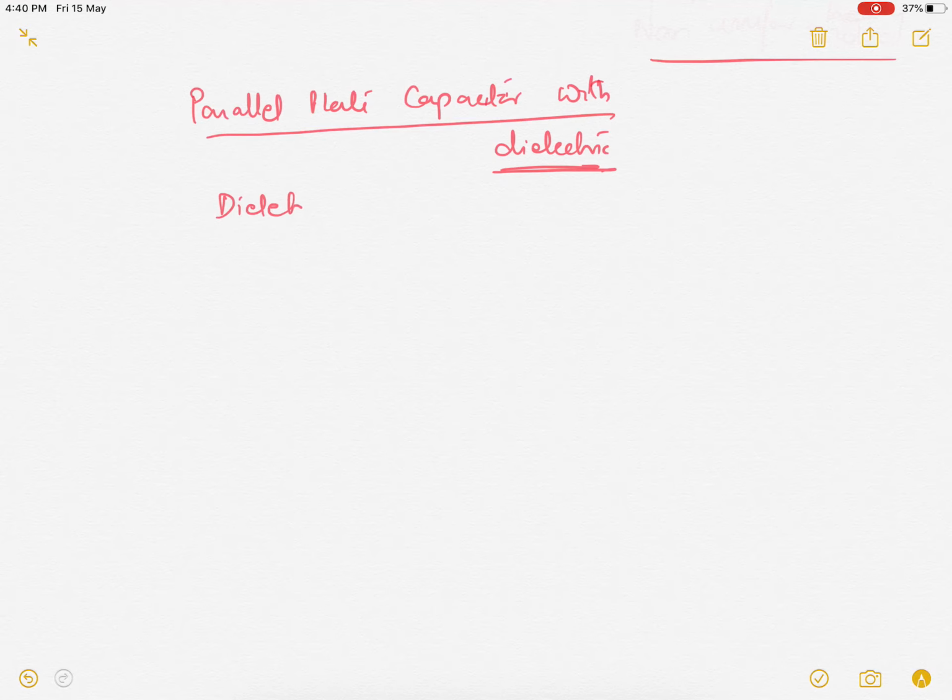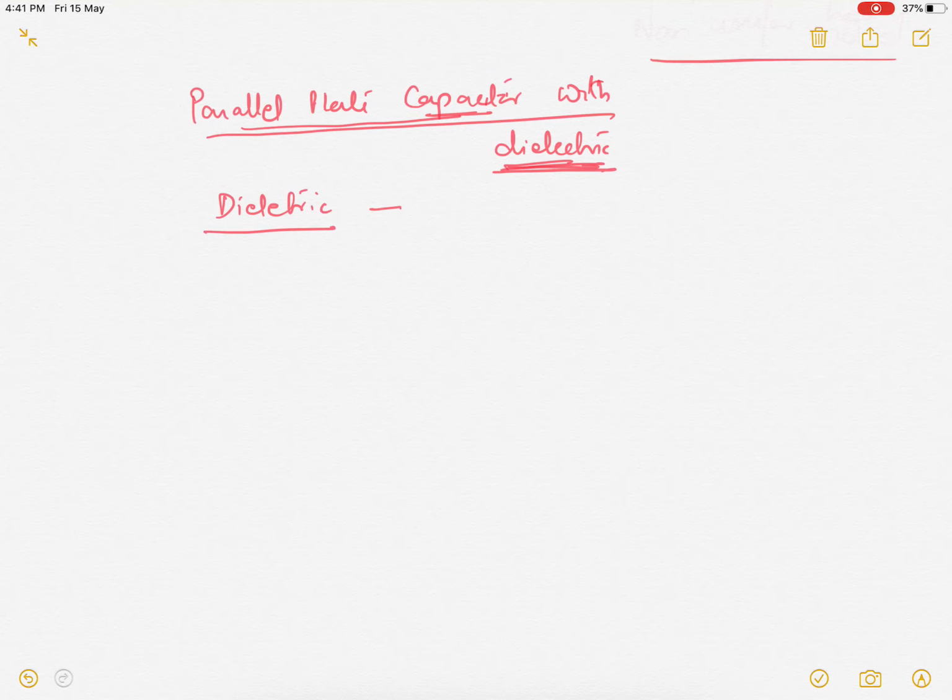Before starting, children, dielectrics are a kind of insulator. Basically, they are insulators only. They do not allow electric charges to flow through them, but they change the electrical property. They displace the charges. This is very important in case of parallel plate capacitors, because they increase the capacitance when a dielectric is placed between the plates. The storage capacity increases.